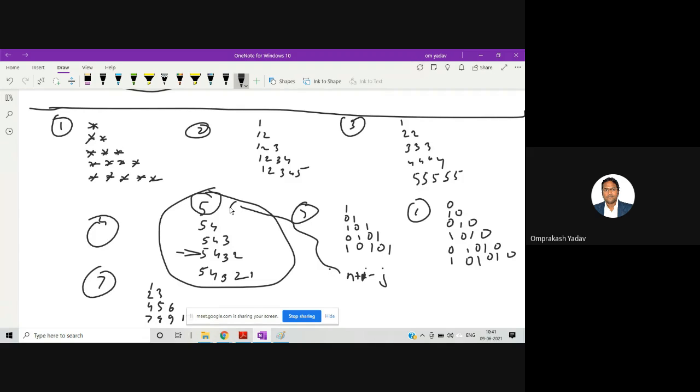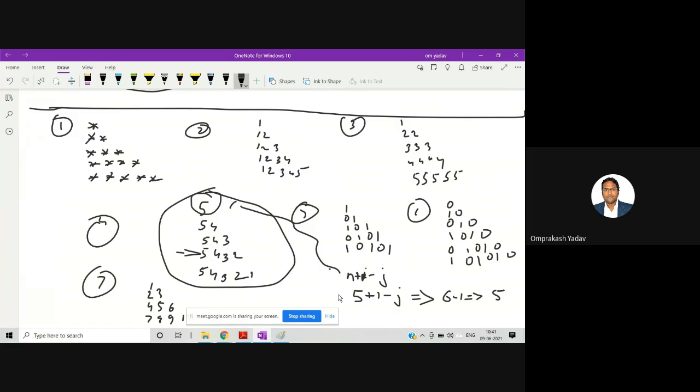So when we are in the first row, our n value will always remain constant. n value will be, let's say, 5. Okay, 5 plus 1 minus j. So j will be 1 the first time. So 6 minus 1 will be 5. Then in the first row, only one element will be printed because j will move less than equal to i times. That means if i value is 1, j will move 1 time.